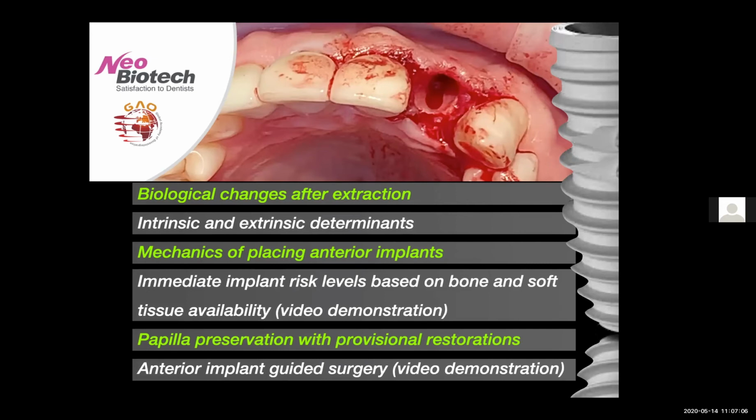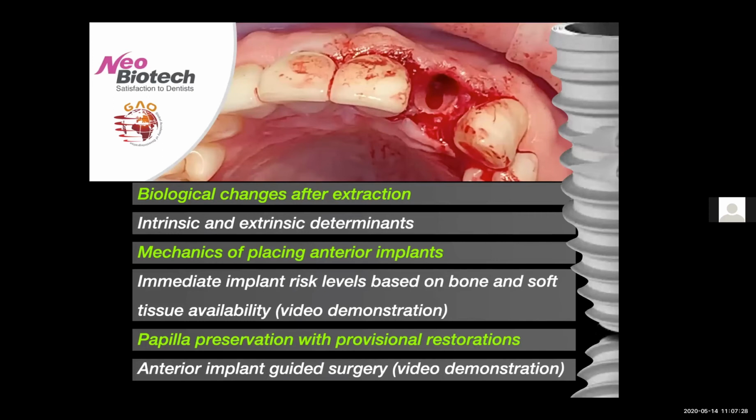I will reveal the risk classification for immediate anterior implants based on the availability of bone and soft tissue at time of surgery. And we'll show real patient surgery video and case examples to demonstrate each risk classification, and talk to you about how the NeoBiotech CMI concept can help you get better initial stability and